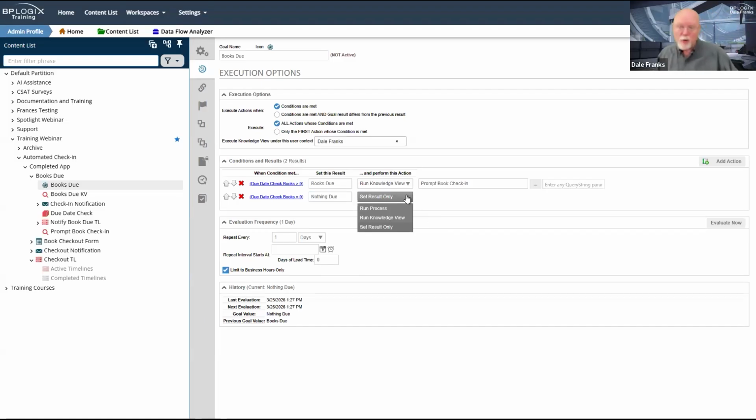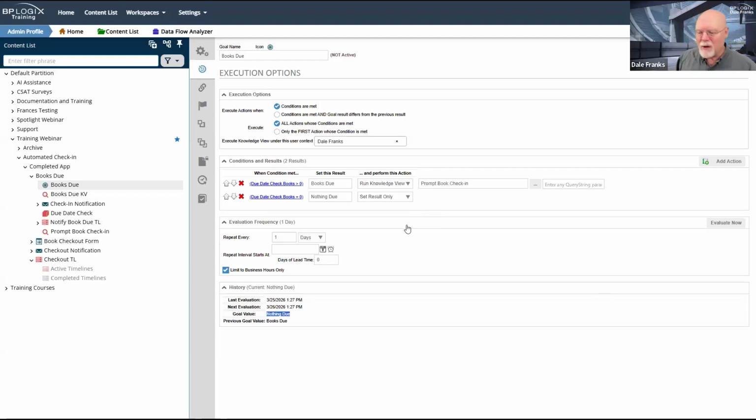There's no reason to do anything if there are no books due. However, because I'm setting the result, that means that if I was to query the goal right now via, say, a system variable, that would be the value that is returned. Nothing due would come back from this goal. So that would let me know that as of today, there are no books due.